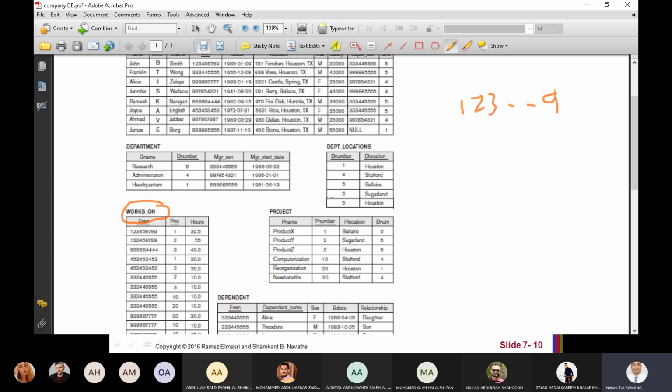So it's select, normal select. Later we will speak about select what. Consider it star now, from works on.